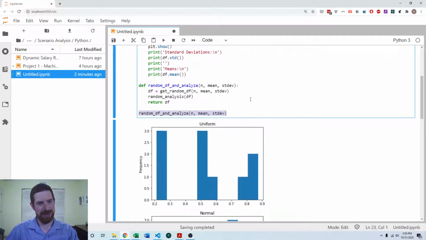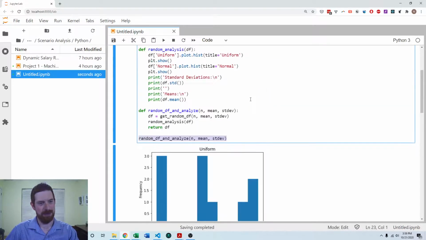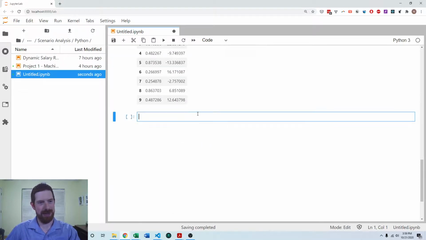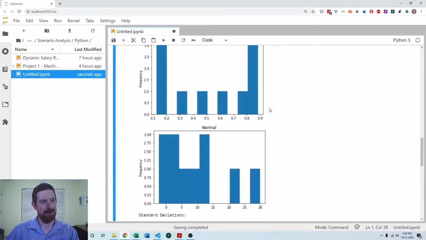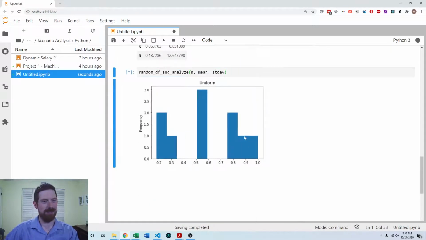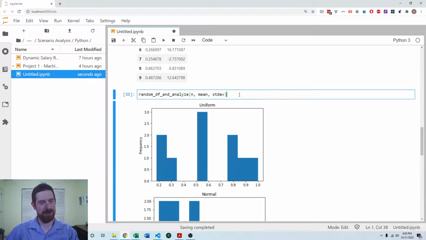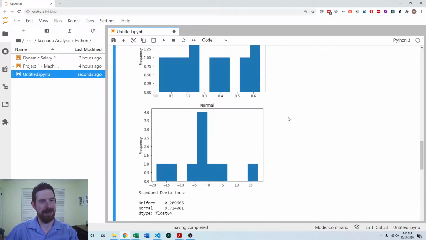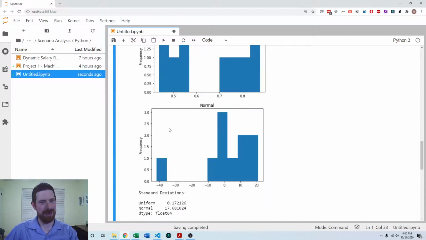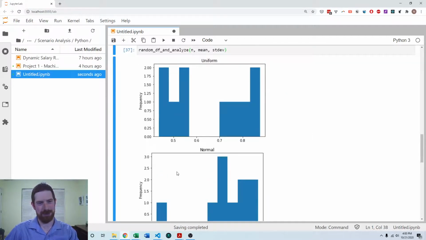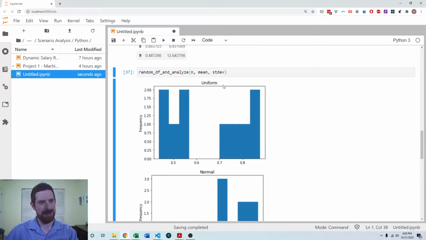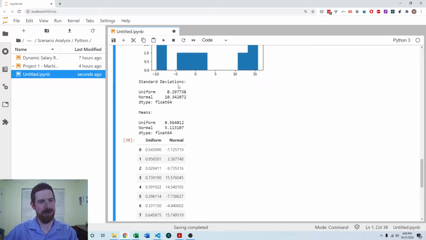So now let's just go down to here, and we can run this a couple of times. So this is with the n equals 10 case. And you can see, kind of the same thing that we saw in Excel, that things are very blocky. We're not getting a very good view of what the distributions actually are. And when we look at the summary statistics, they are jumping around quite a bit